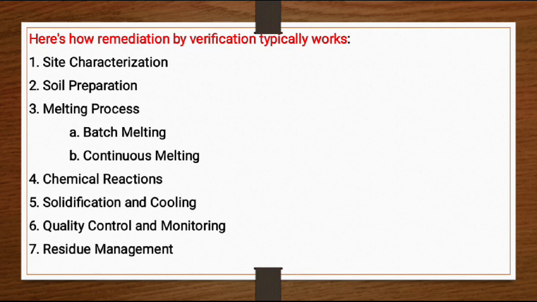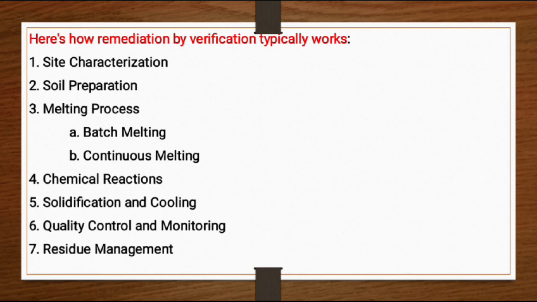And next one is quality control and monitoring. Here the vitrification process is over. Quality control measures are implemented to ensure treatment effectiveness and compliance with regulatory standards. And next one is residue management. After heating, the residues such as vitrified glass, off-gas and slag are collected, treated and disposed of in accordance with regulatory requirements. The vitrified glass may be used as a construction material, encapsulated in containers or disposed of in a secure